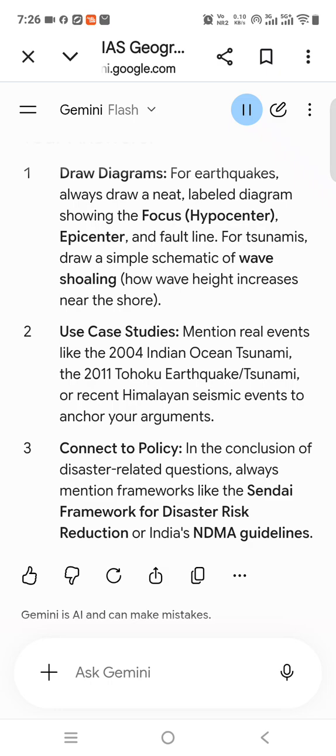Draw diagrams. For earthquakes, always draw a neat, labeled diagram showing the focus, hypocenter, epicenter, and fault line. For tsunamis, draw a simple schematic of wave shoaling, how wave height increases near the shore. Use case studies, mention real events like